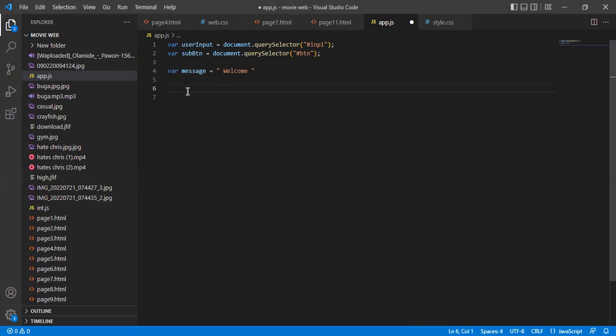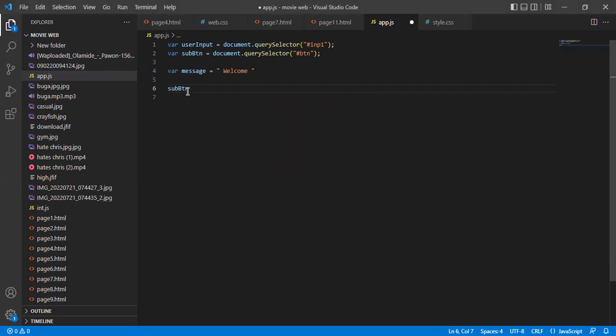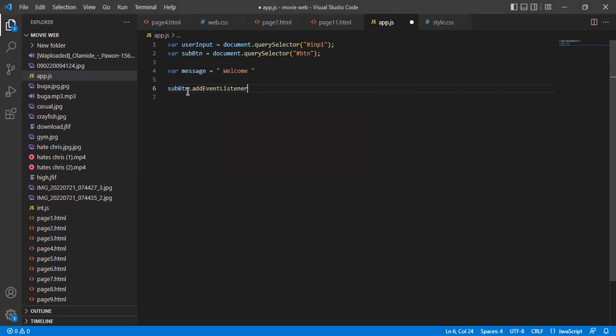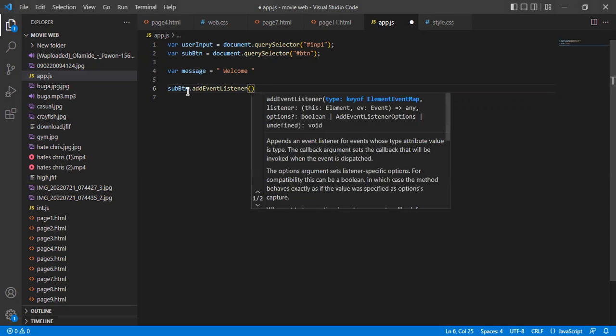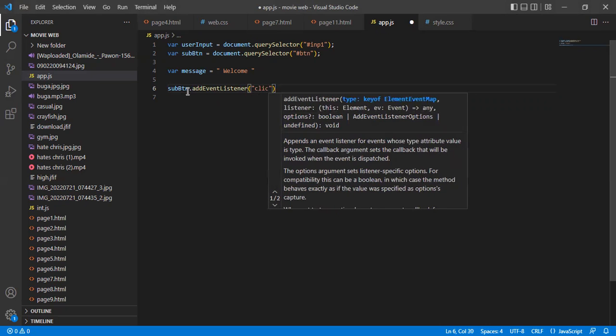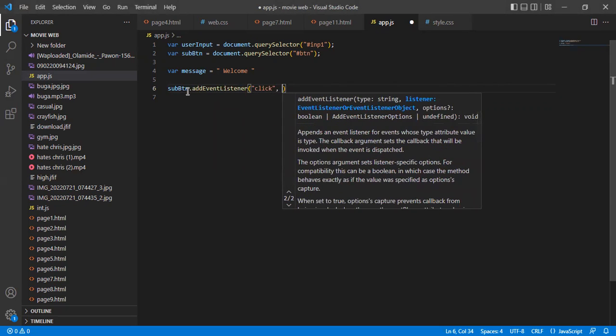Okay, so sub, which is the submit button. We want to now add an event listener to the button. The event listener is going to do something, and it's going to listen for a click from our computer. So whenever we tap our mouse button to click on the object, we want something to happen, right? So first we select click, then comma,